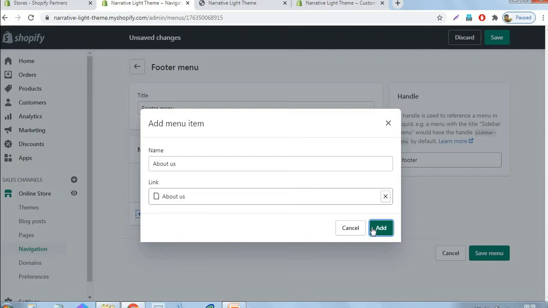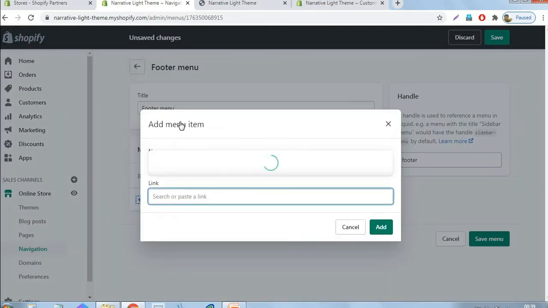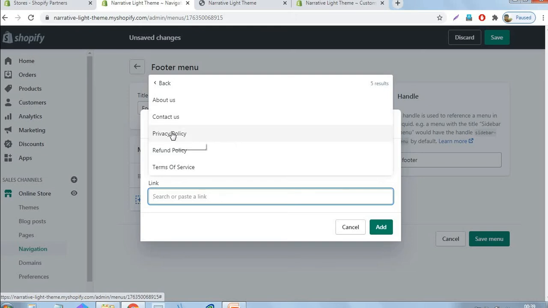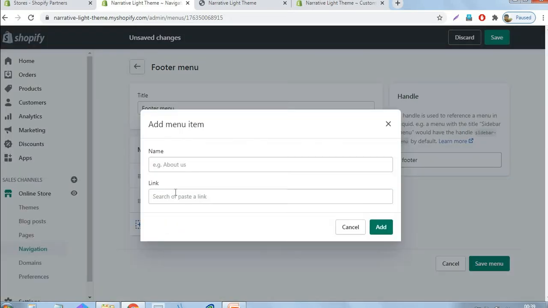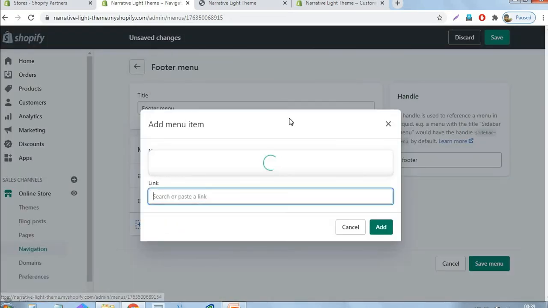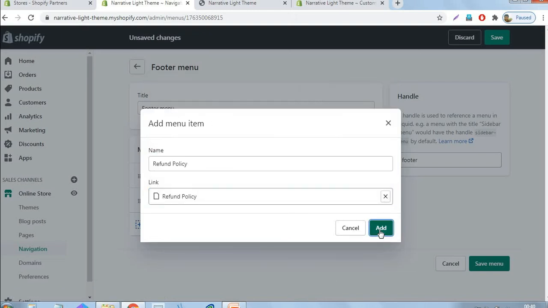The first one is about us, and the second one is privacy policy. The third one is refund policy.